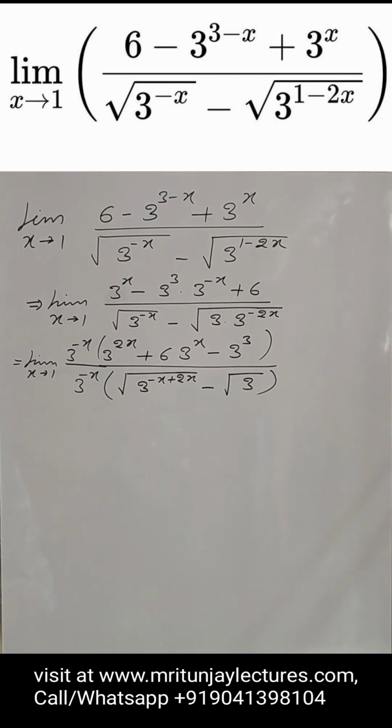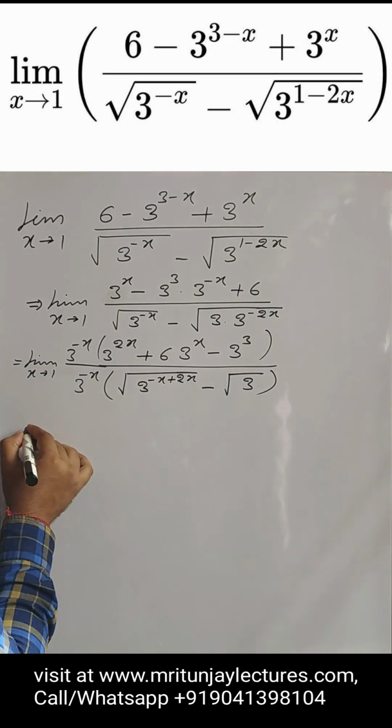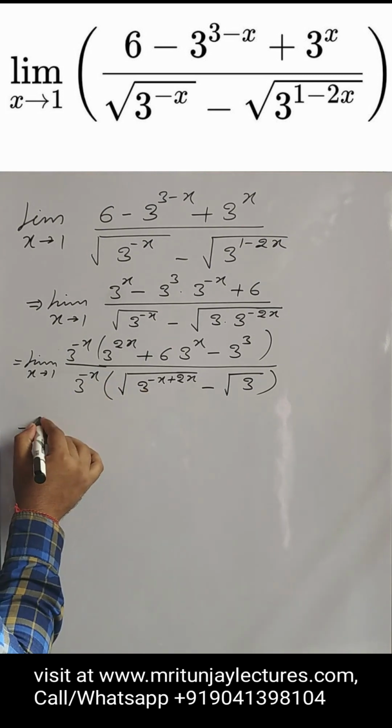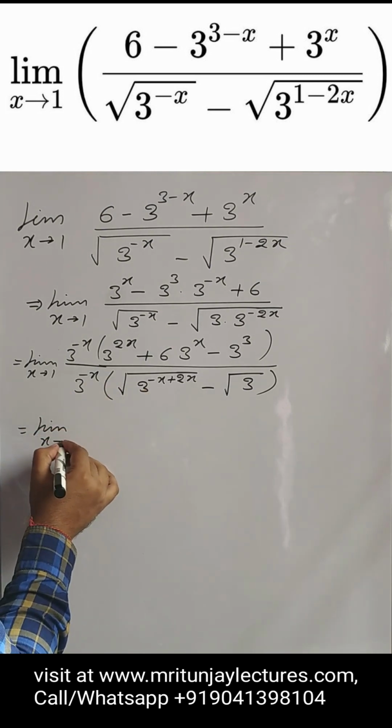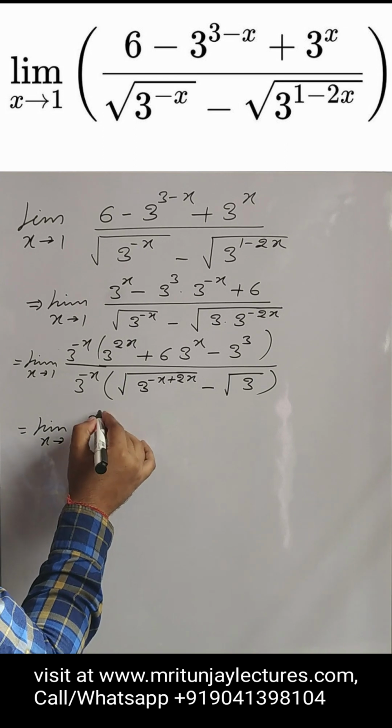Clear or not? Okay, so after that, finally you can see right now here, the limit as x tends to 1, 3 to power